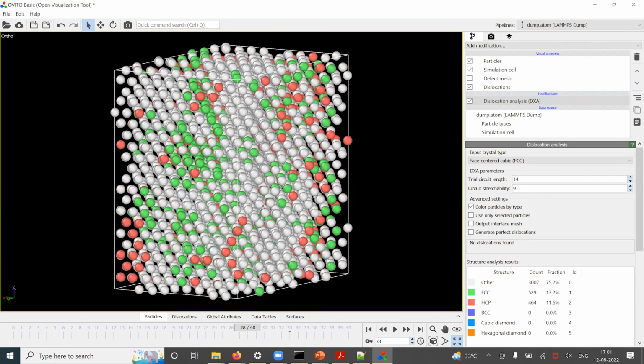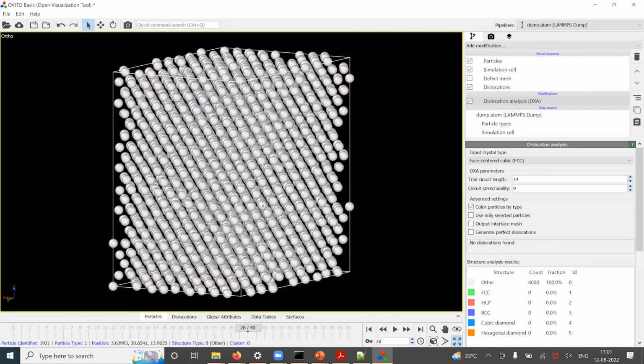So for intermediate structures, OVITO is not able to characterize it because it's not able to find out if the atom is in an FCC position or something like that. It's just characterizing it as other. But if you go further,